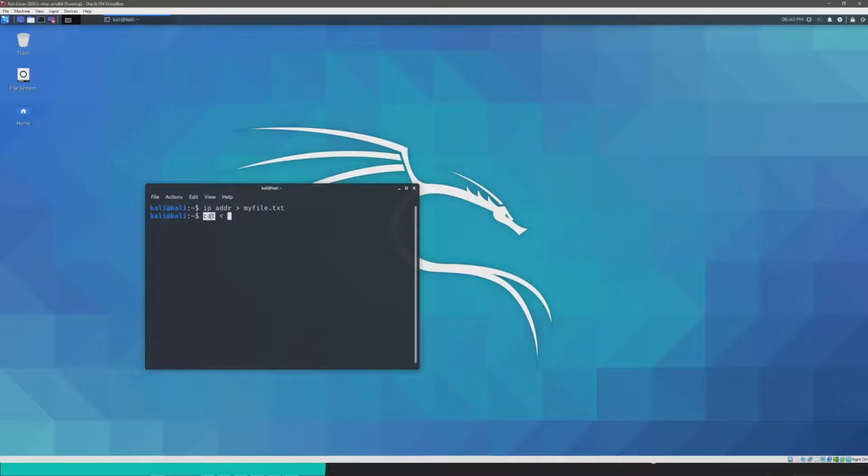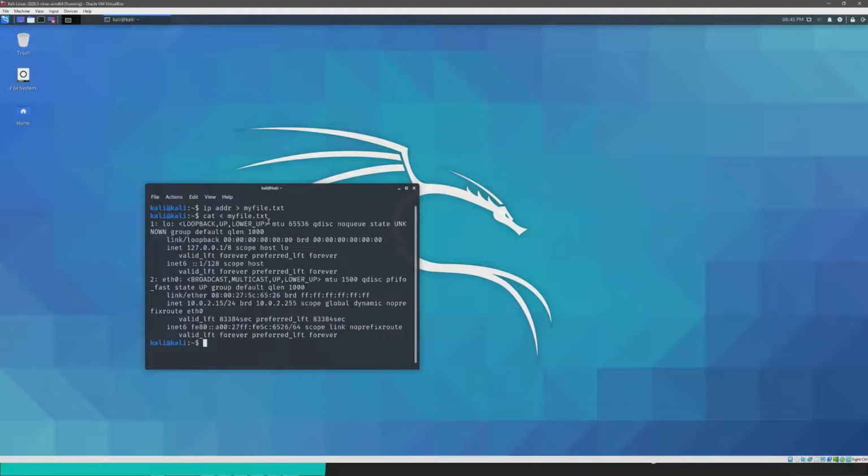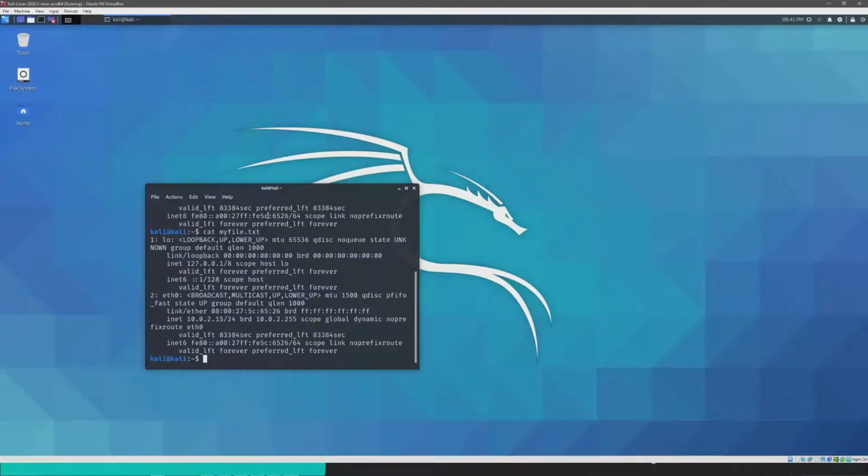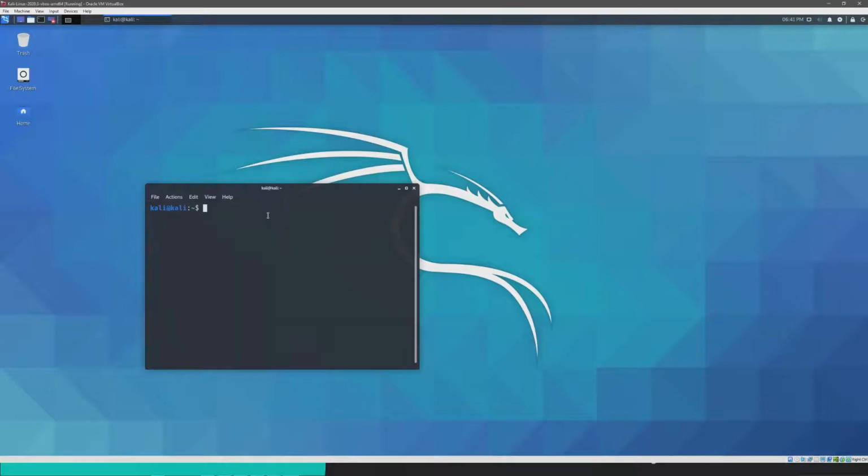Cat just prints stuff to the screen, and then you specify the file that you want to feed into that, and then it would just print it out. Now you don't have to do this for cat. Cat works just fine without the arrow because that's what it's basically for. But that's just an example. There are some commands that require you to feed in a file as input. In those cases you would be using the left arrow.